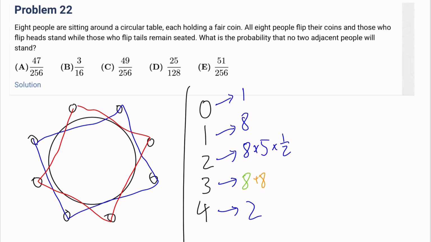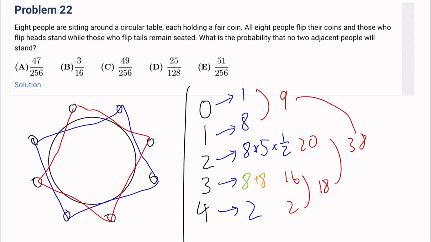And so if we calculate this, then these give us 9. 1 plus 8 is 9. And since this is 4 times 5, so it's 20. And this is 16. This is 2. So this gives 18. This gives 38. And this gives 47. Right? So we have 47 total possibilities, right? But then it asks for the probability that no 2 adjacent people will stand, and we have